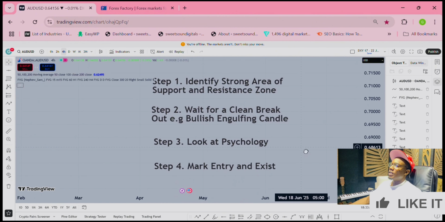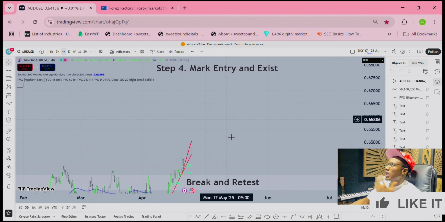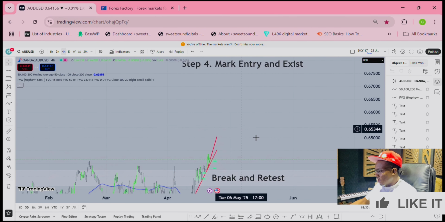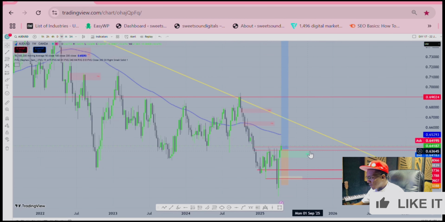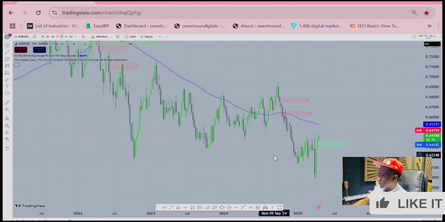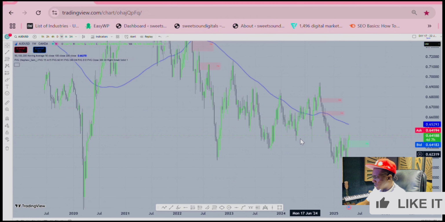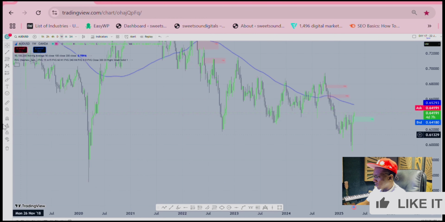Okay, all right, so let's go into this chart. I'm going to be using the AUD USD to illustrate this setup. Okay, so go with me to this chart. Monthly, right? In fact, let's start from the monthly. So from the monthly, let me check out this drawing. Yeah, from the monthly perspective, you can see clearly that AUD USD is currently reacting to a zone. Let me mark out the zone. So price is currently reacting to